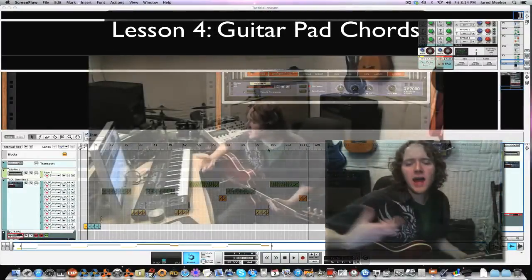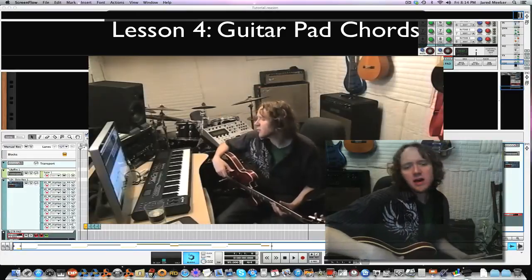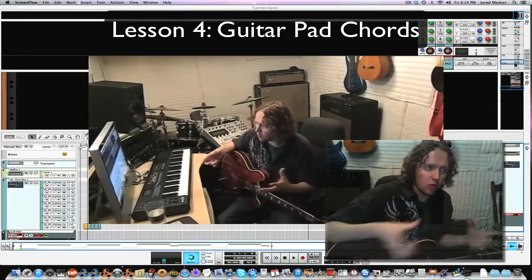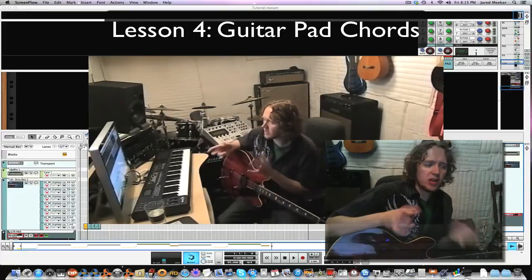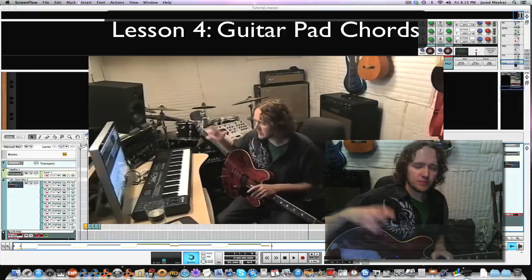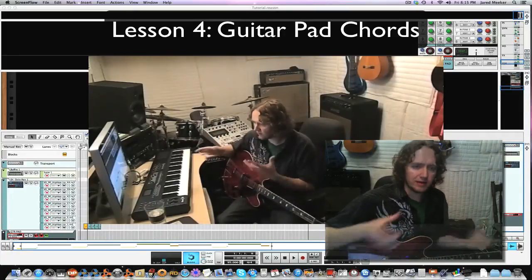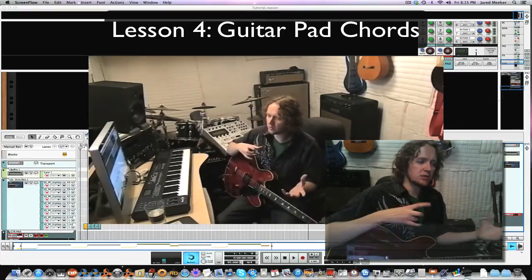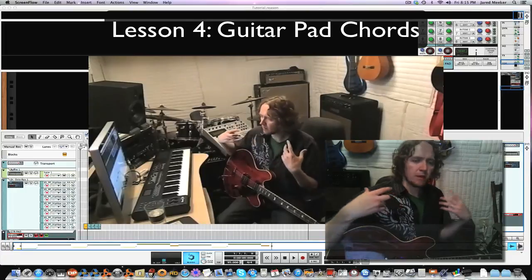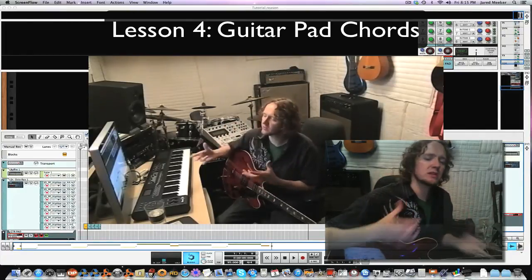Okay, now we're going to add harmonic material to this composition. And what I mean by that are specifically chords and what the chord progression and changes are going to be for the entire song. Specifically, we have a verse and a chorus section, so we're going to make different kinds of chords to elaborate on those changes, to make distinct harmonic changes between the different sections of the